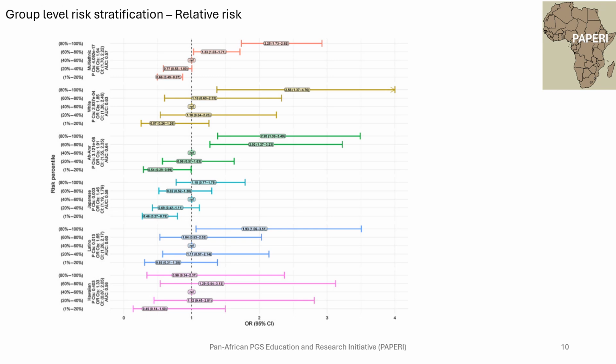And the results I'm showing you here are from a study that I did in the multi-ethnic cohort study, where we had a polygenic risk score with 31 genetic variants included, 31 SNPs, and we fit the polygenic